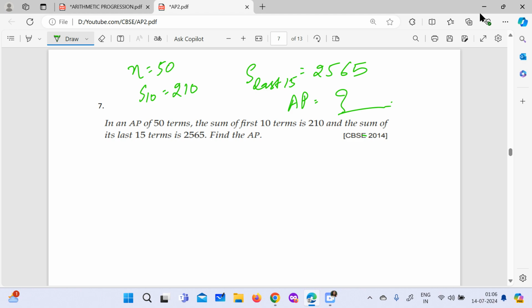Okay, now how to work on this. Suppose this is given, let's write first the sum of first 10 terms. The sum of first 10 terms will be 10 over 2 times (2A plus (n minus 1) into D), that is (10 minus 1) into D. So you will have S10 equals